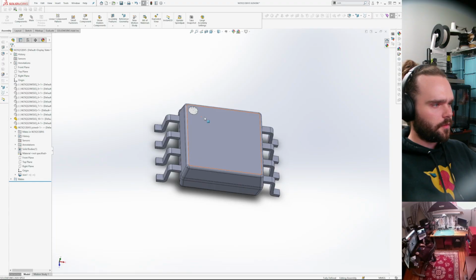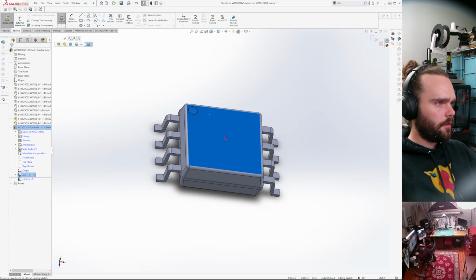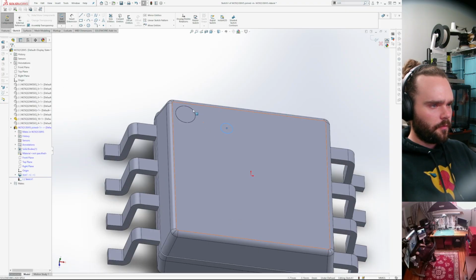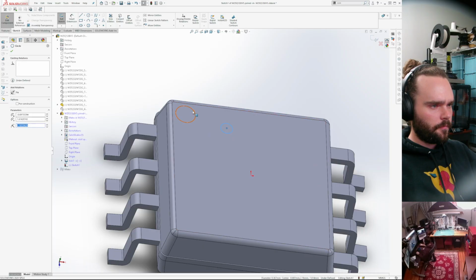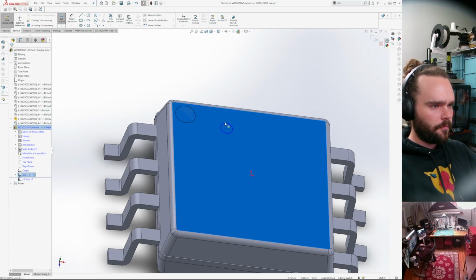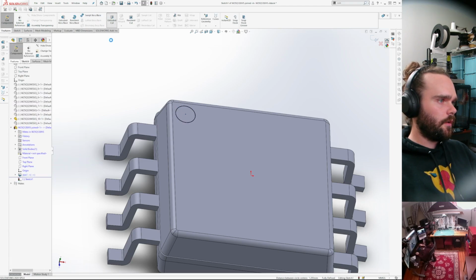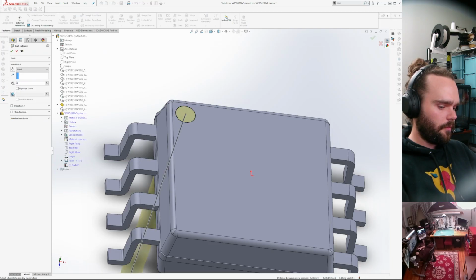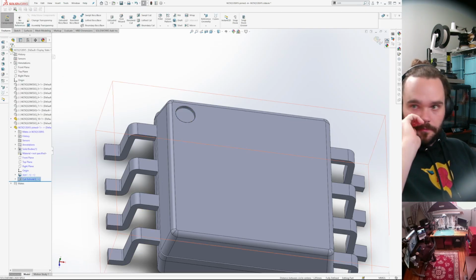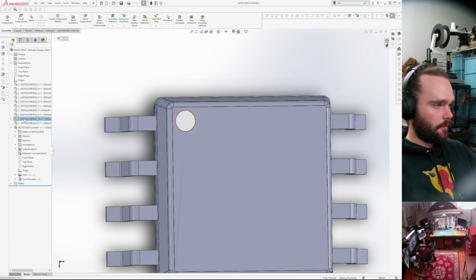We're gonna do the same thing with the circle. We're going to edit you, draw here, boom. Extrude cut 1.1 millimeters, just to have something. The multi-body parts don't work.